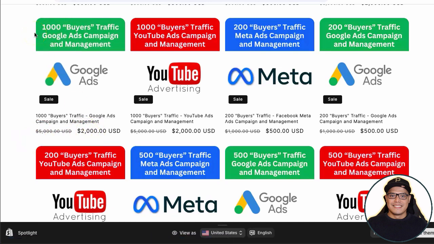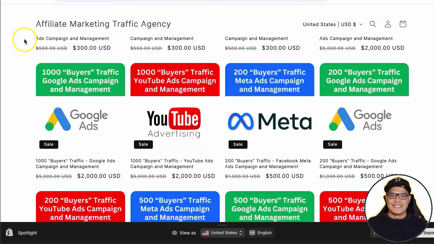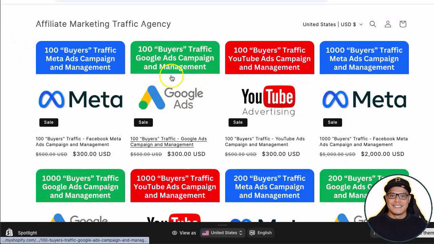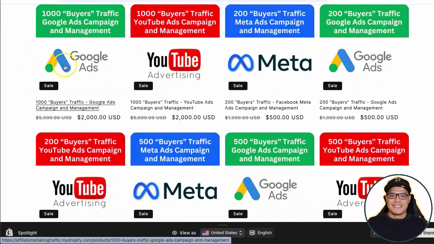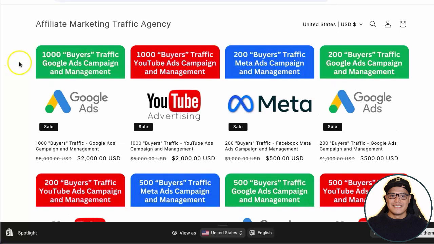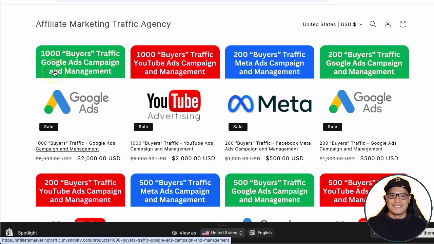So it's entirely up to you, depending on your budget. You can start with the 100 buyers traffic, or you can start with the 1,000 buyers traffic. So at this point, you just need to make a decision. How many buyers traffic campaign do you want to purchase? Let's just say, for example, that you want to purchase the 1,000 buyers traffic campaign. So what you want to do here is you click on this package,